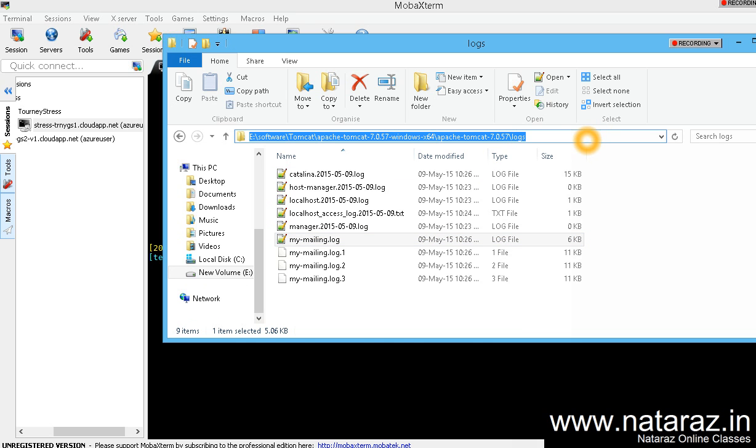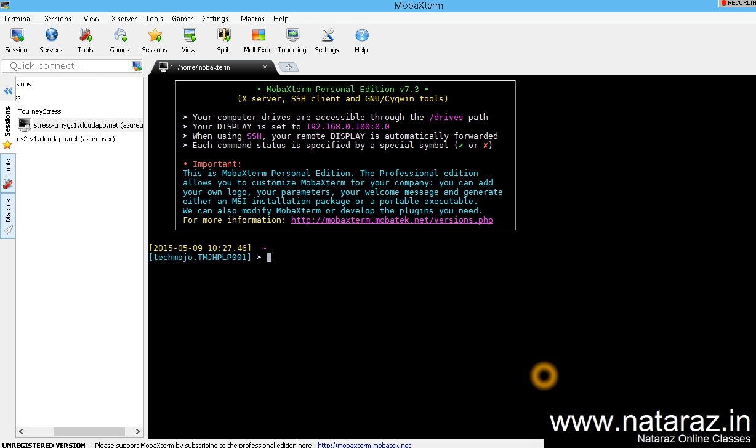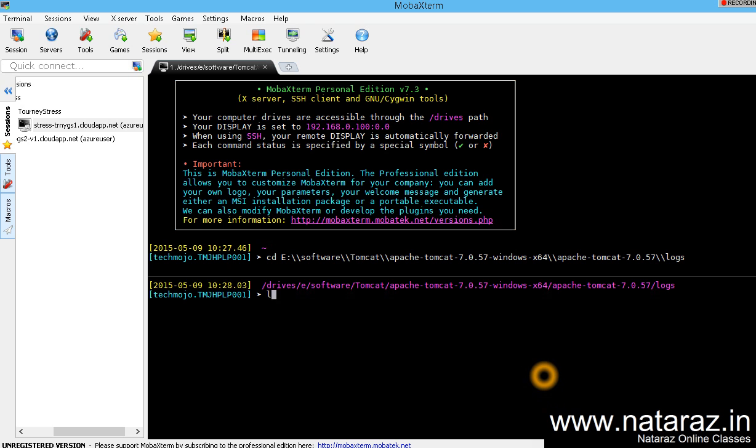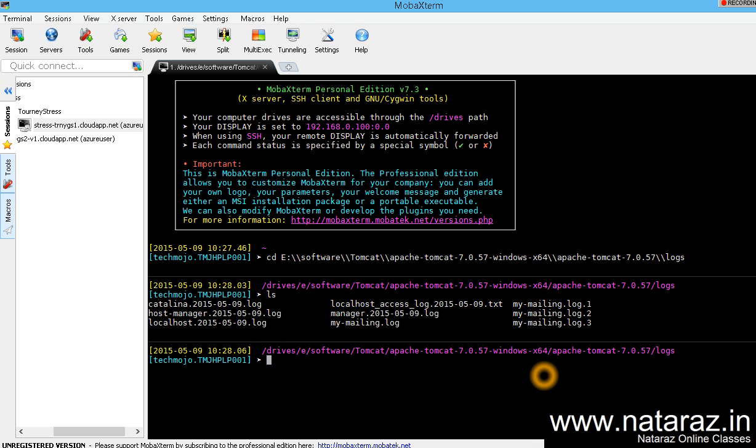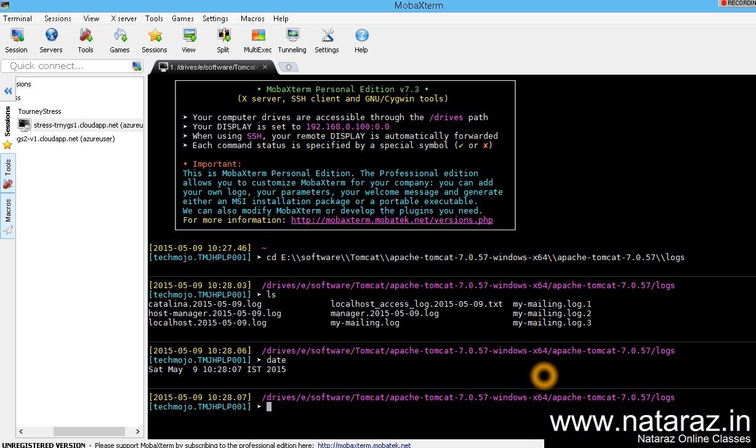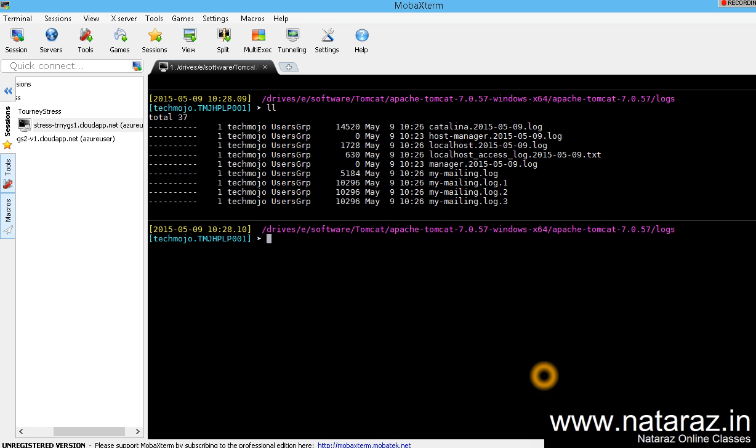You can simply go to your target location. This is not the official launch of Mobaxterm, but Mobaxterm is one tool which can give you a feeling of a Linux environment in your Windows operating system. Nothing but you can use Linux commands like ls, it's a Linux command, date, a Linux command, so you can use all that in here. So I just want to show you one command called tail -f